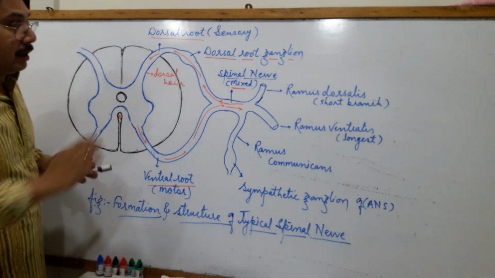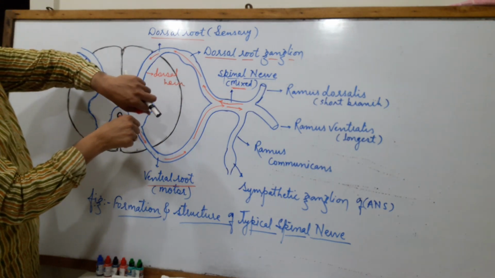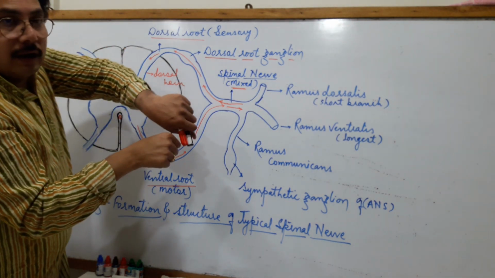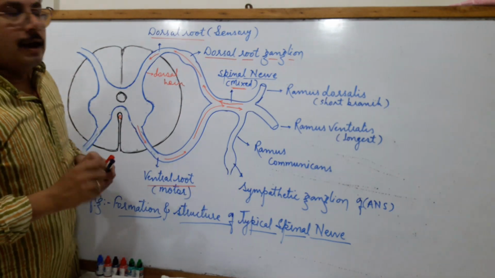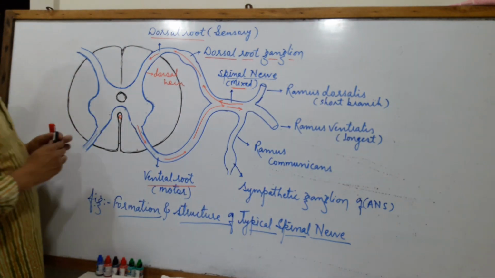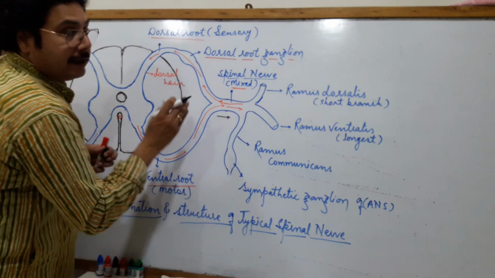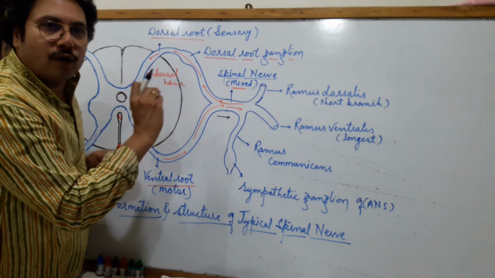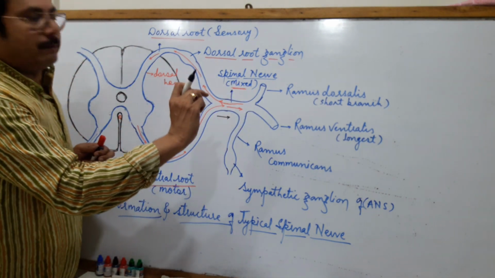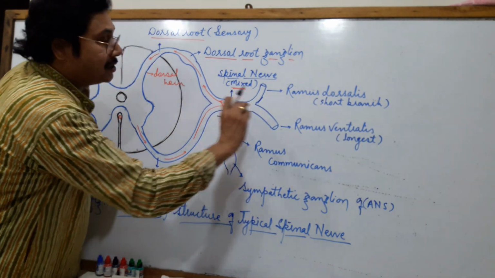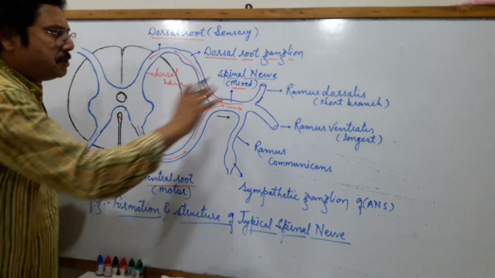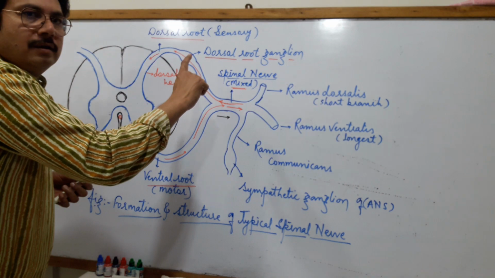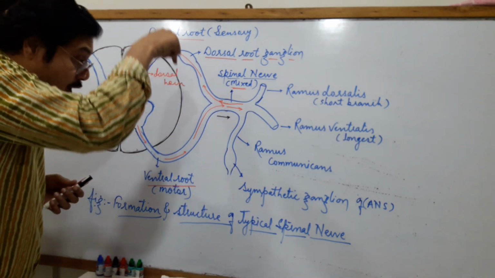Between two adjacent vertebrae, of the 33 ring-like bones of the vertebral column which we call vertebrae, there is always a small space, a gap, and that gap is called the intervertebral foramen. Inter means in between the vertebrae, foramen means gap or aperture, and through this intervertebral foramen the entire spinal nerve, which is mixed in nature, comes out, and immediately it gets divided into 3 branches. One is a dorsal branch, another is a ventral branch, and the third is a downward branch.